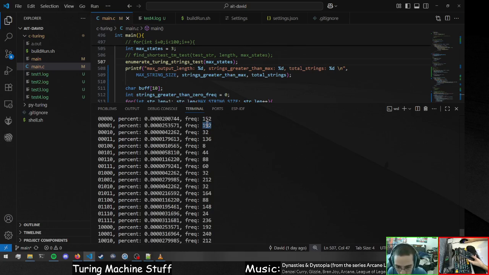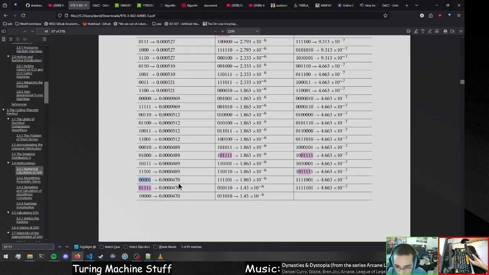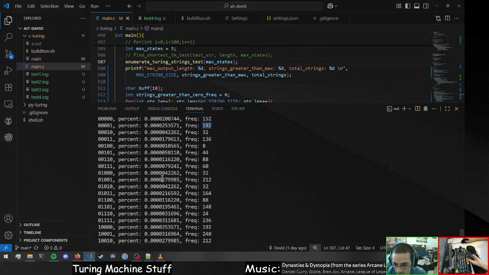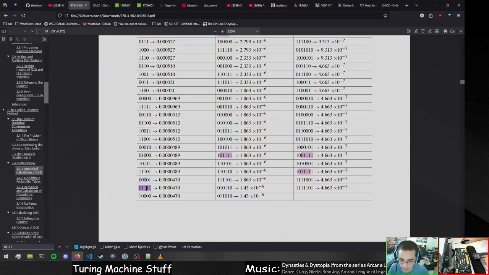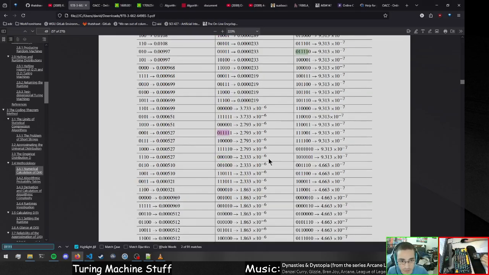Let's see if there's another thing that has the same frequency. I don't think there is. Oh, no, we got this one. 1, 0, 0, 0. 192, yeah. Okay, so this one got more, so that's a good thing to search. So this one definitely got more. Oh, maybe it came from the